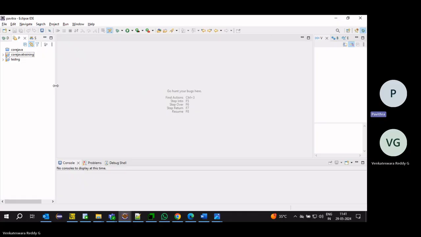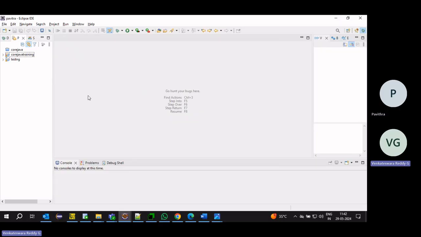Venkat, so far we learned core Java, right? Can we add any core Java concepts in the resume, or is there no need? If we are doing Selenium testing using Java, we will add core Java. That is a single point, and that's enough. No need to mention I know collections, I know exception handling.